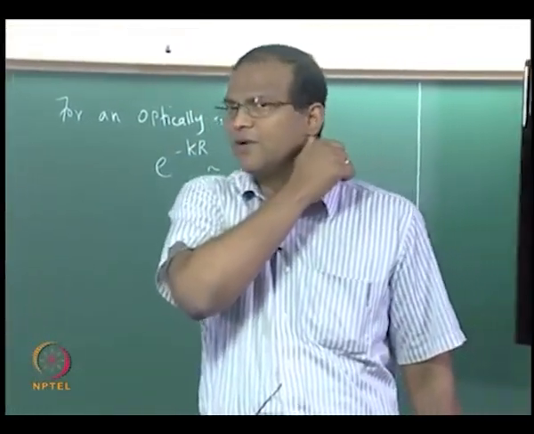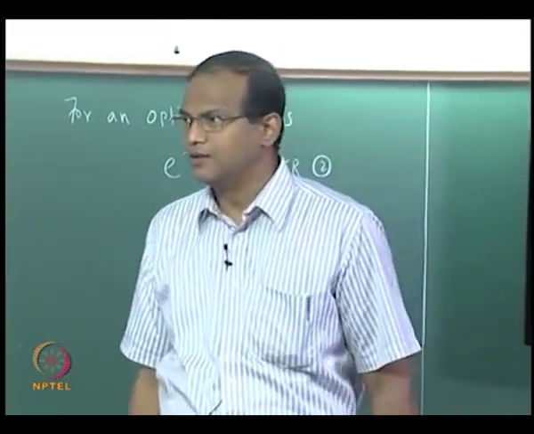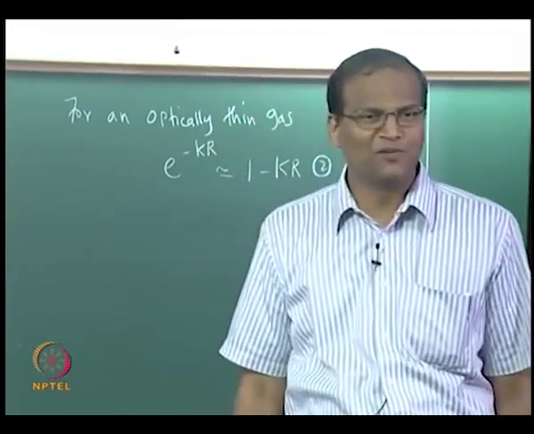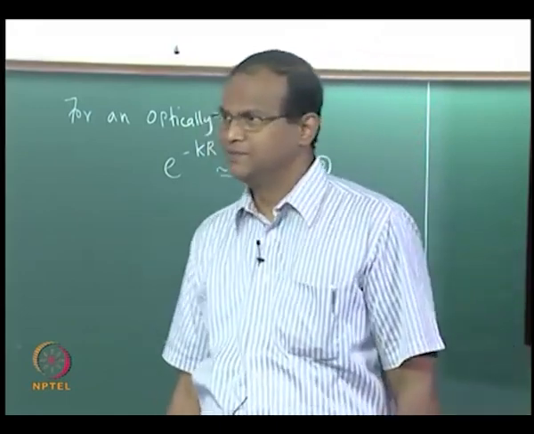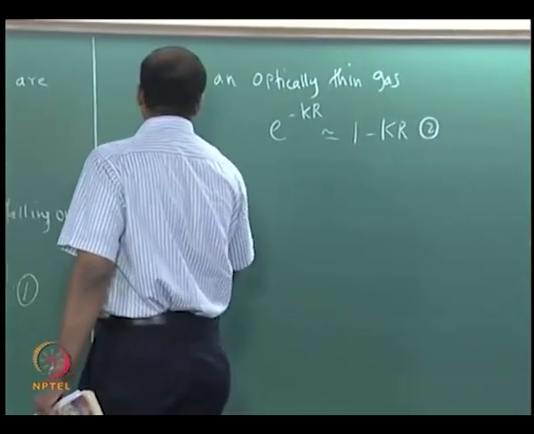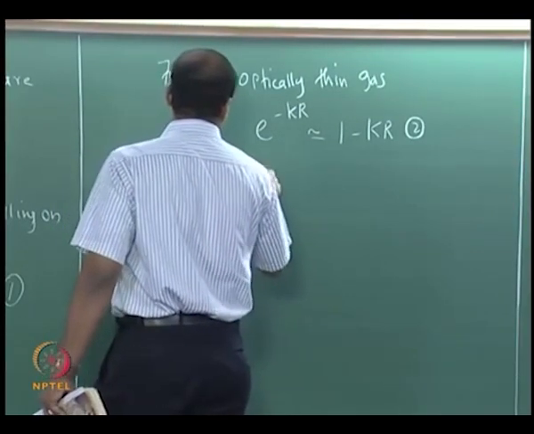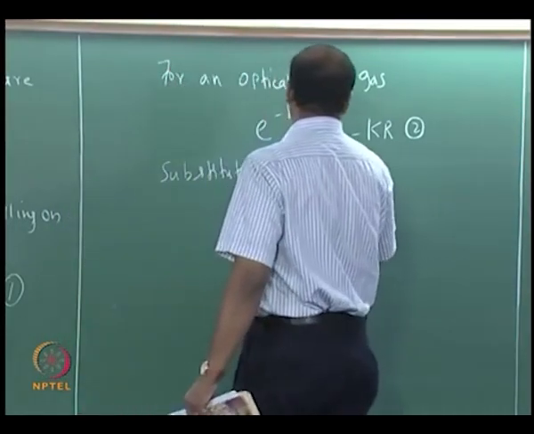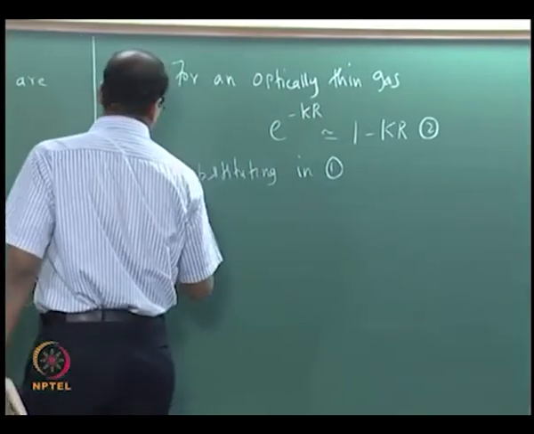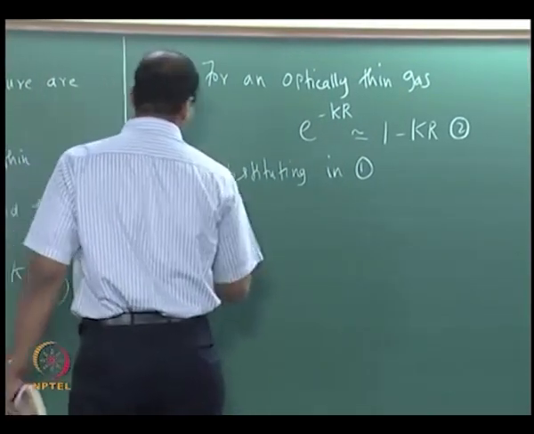E to the power of minus 0.02 is 0.98. Now, substituting in equation 1, we have J1